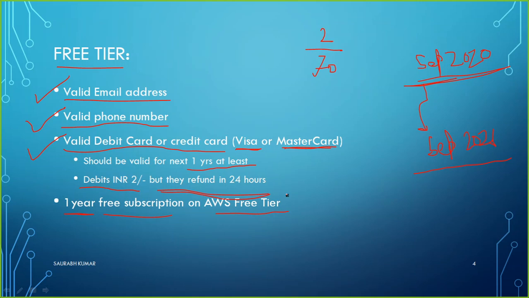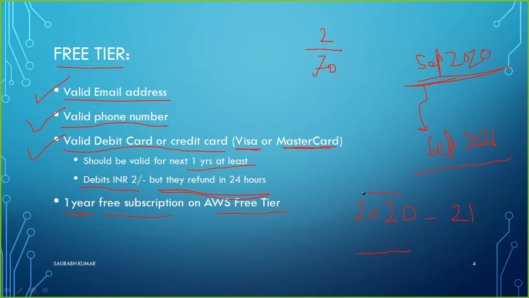Okay, so one question may come: will I be able to do it like this? For example, in the year 2020, I use my debit card to create a user for the free tier. So when it expires in 2021, maybe by using the same card, I will create another free account, and like that. What I can tell you here is that definitely it's not going to work.